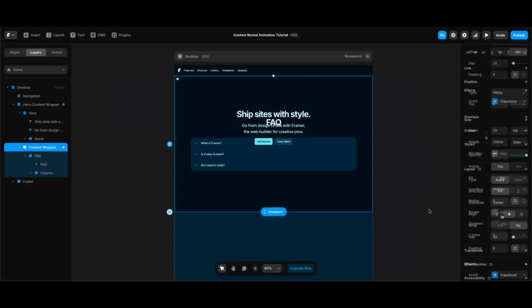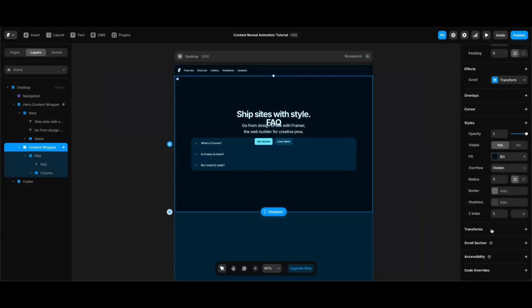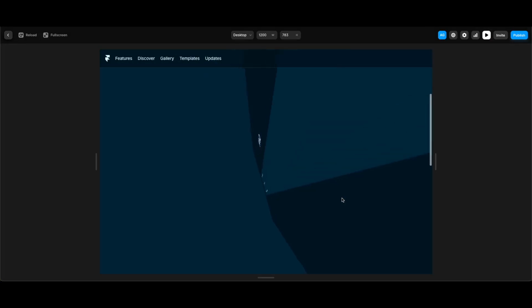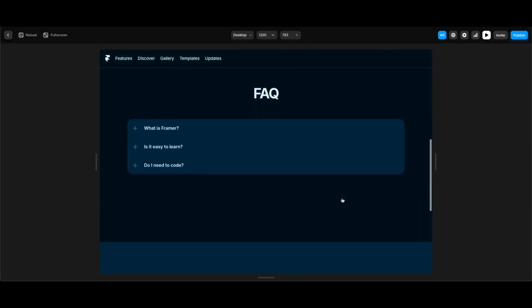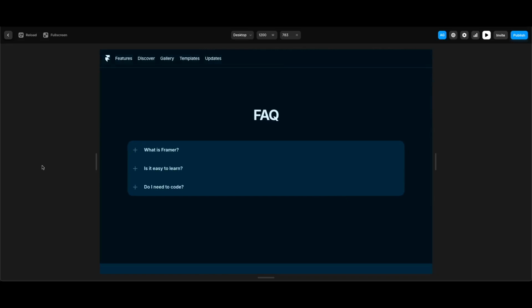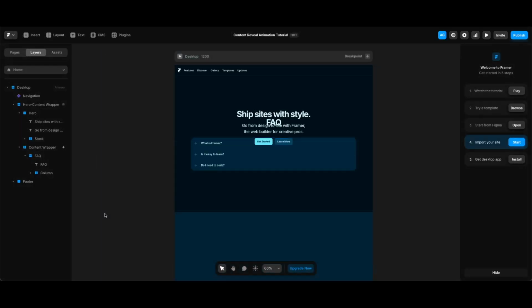I'm gonna add a perspective value to content wrapper under transforms and make its value 500. Now when we preview, we can see our content is filling the screen in a much better way, right? I think if we hide the content and show only the background in the from state of the animation, things